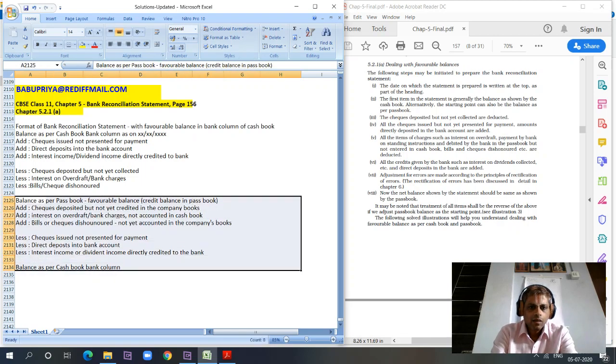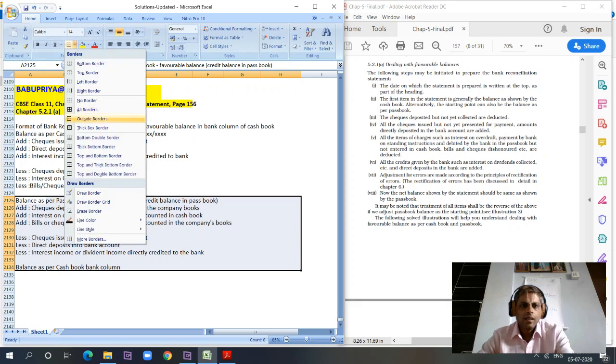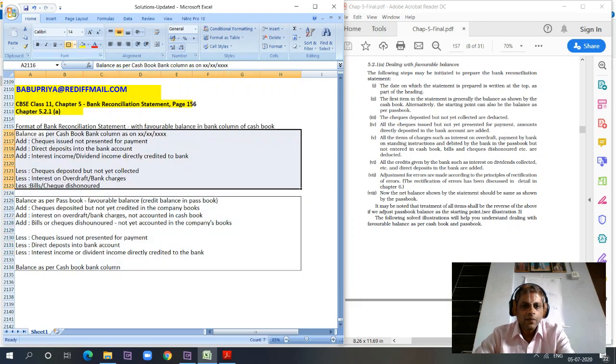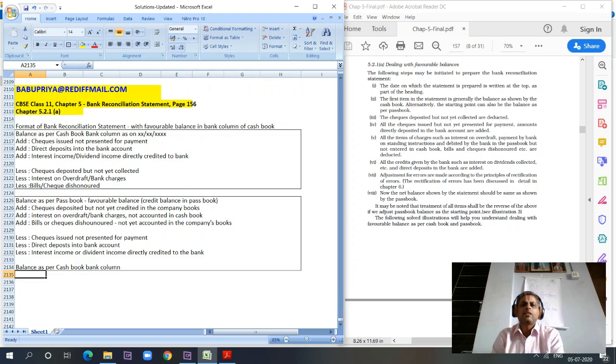So if we start from cash book, this is how it should look. If we start from passbook, this is how it should look. It is just an ulta, or a reversal of the transactions that got processed. So the statement that got recorded from cash book to passbook, passbook to cash book is just a reversal of it. No major changes. The concept still remains the same, and